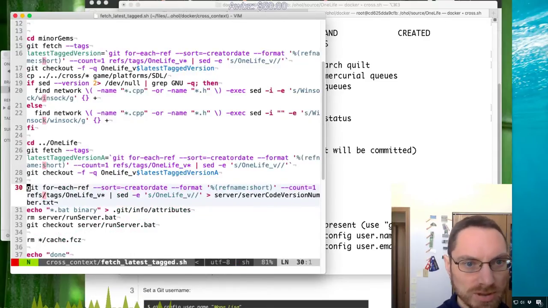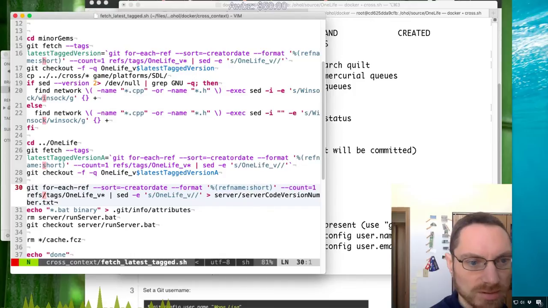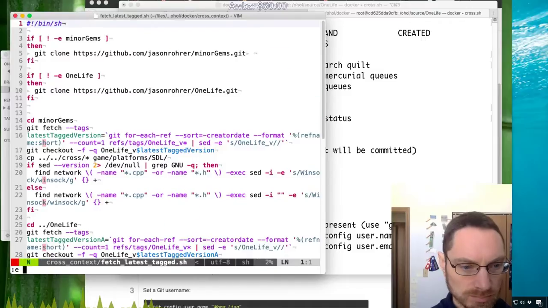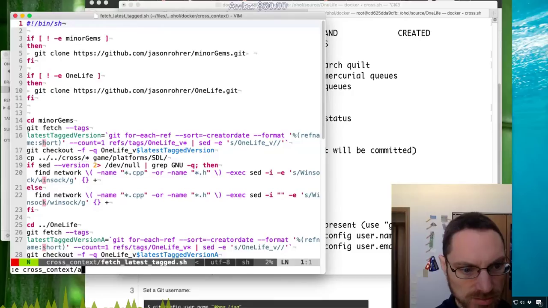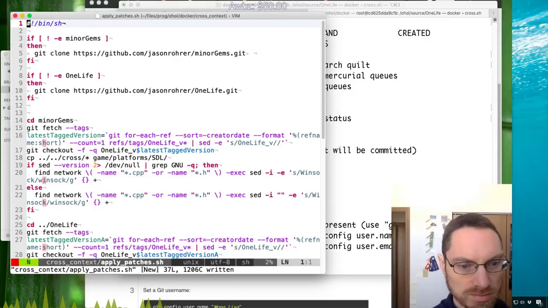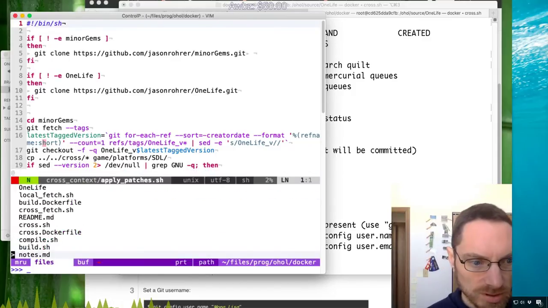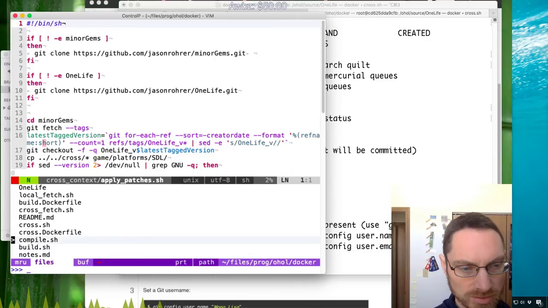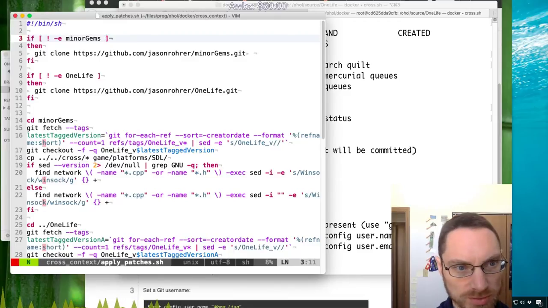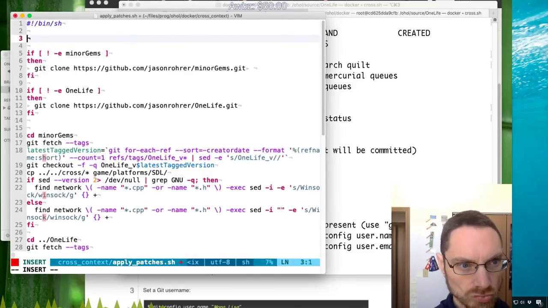That is going to do a git checkout. So you kind of, yeah, okay, so I can do a similar thing here. Edit, cross, context, apply patches. And maybe this is where, well, that would set us up to be able to do some kind of git operations in general. So this is expecting to run from source. So I guess this would be